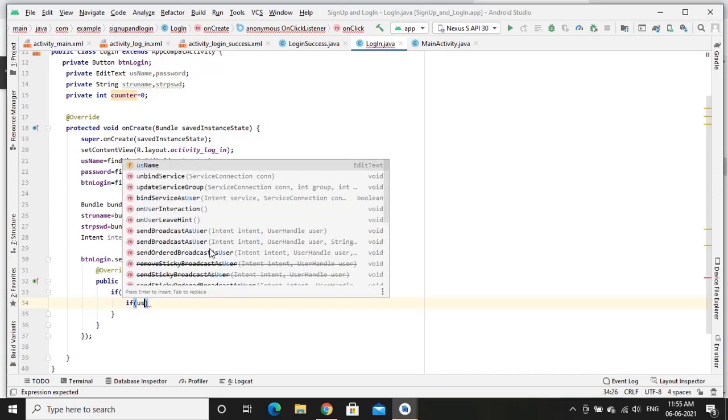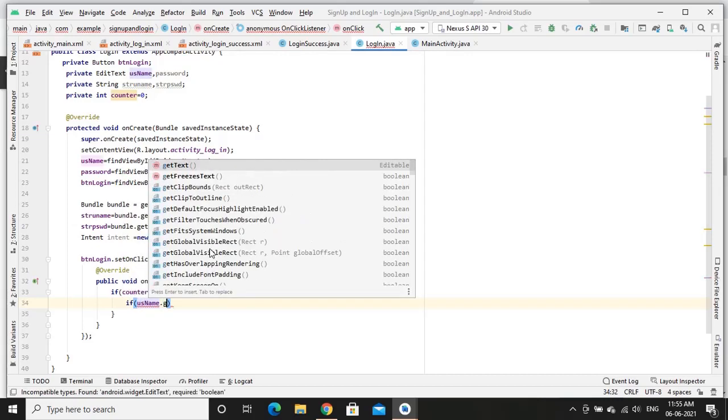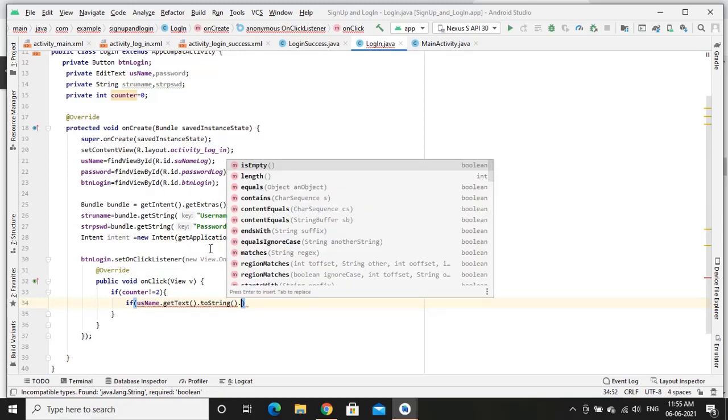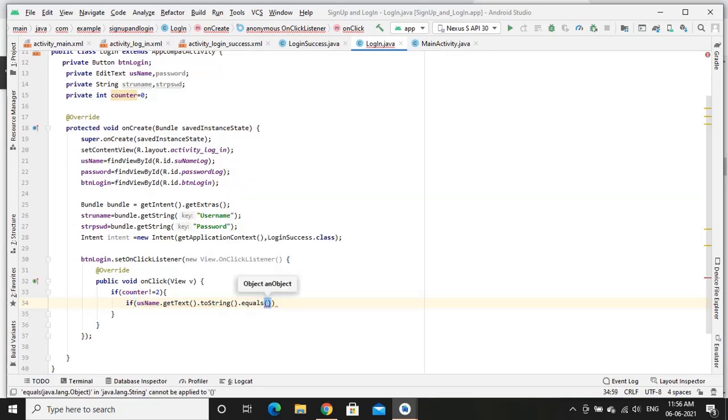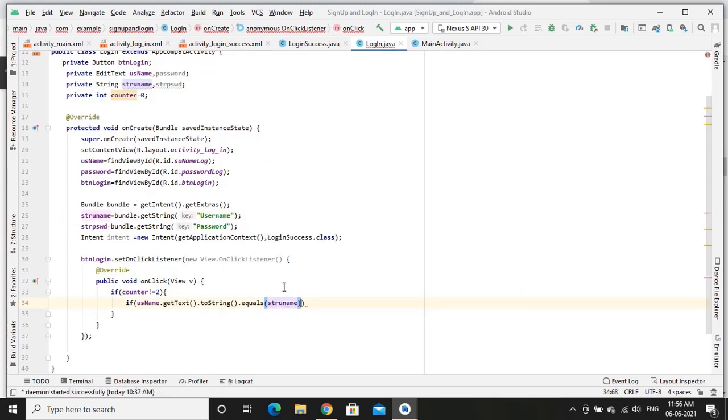If the uname dot get text, get the text from the uname, convert into toString, and check whether it is equal to the retrieved name, that is str uname. And I need to also test for the password as well.